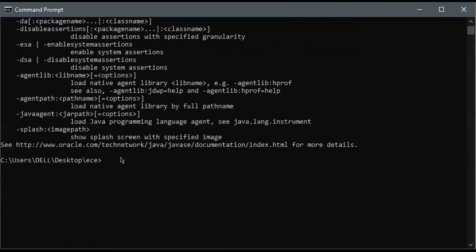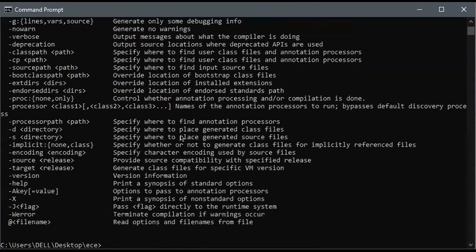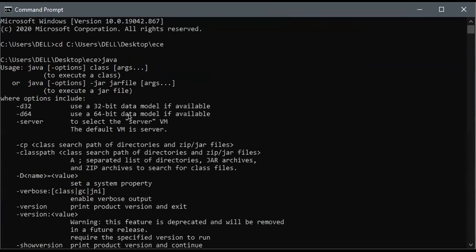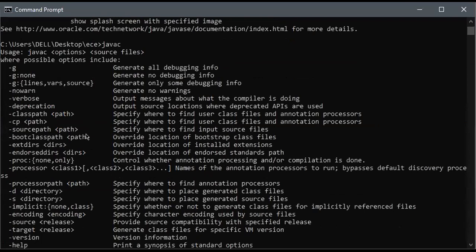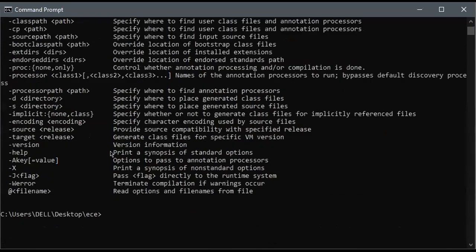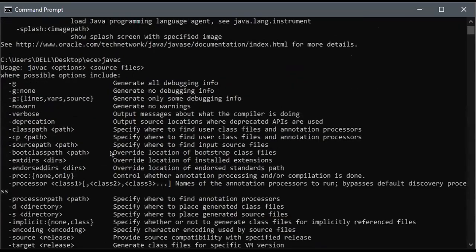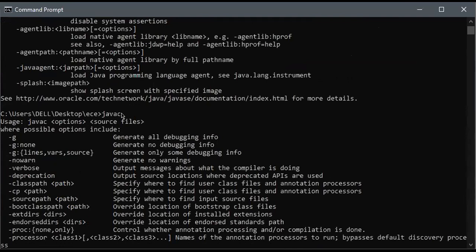I already told you, inside the environment variables, you are going to create the path. Type javac and then press enter. If after typing this it shows that there is no internal command available, then the path has not been set. If all these values are printed over here, think of it like the path has been set. You don't need all these things. So for me, Java is available and the Java compiler is also available.